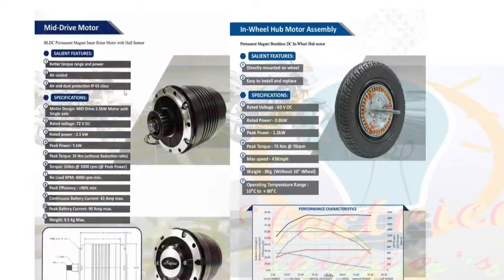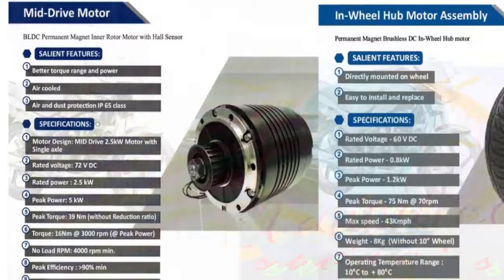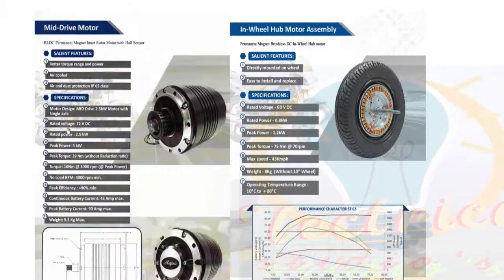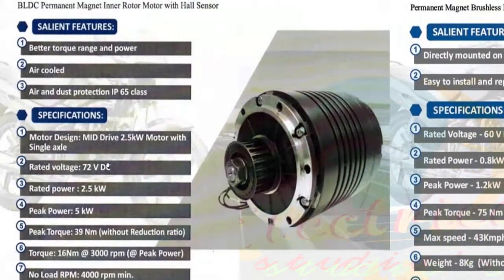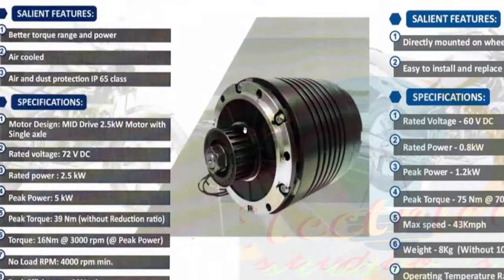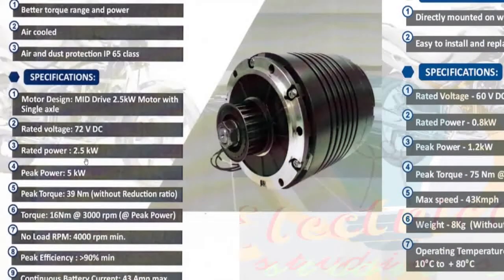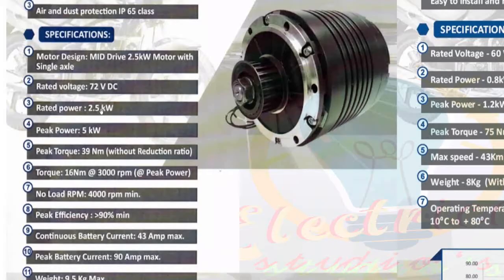in the air gap. And so when we look at this mid-drive motor, please look at the specification chart. This is an example I have taken from one of the manufacturers. When we select a motor, especially the BLDC motor, you can see in this case it is a mid-drive motor. When you select the motor, the parameters that we have to look at are the rated voltage, the rated power of the motor, and the total peak power. So peak power is also very important, and the peak torque that the motor can provide,